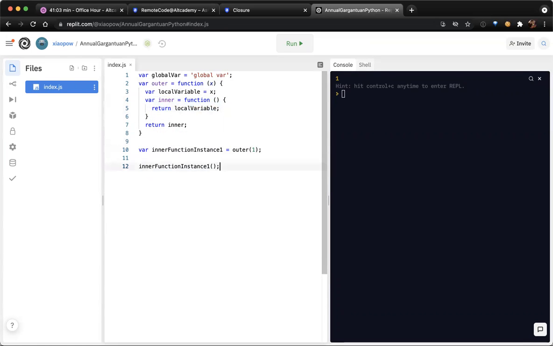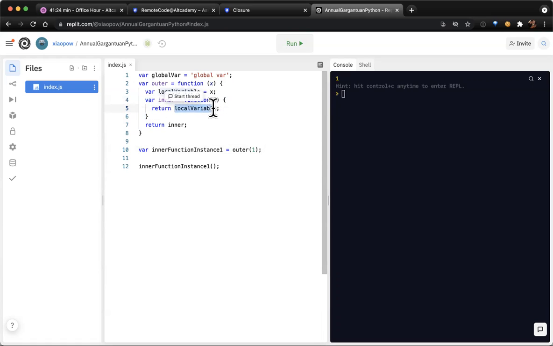And if we execute it, we're basically saying execute this function. And because we have defined x as 1 earlier in this execution, this is going to return 1 because x is basically the local variable.